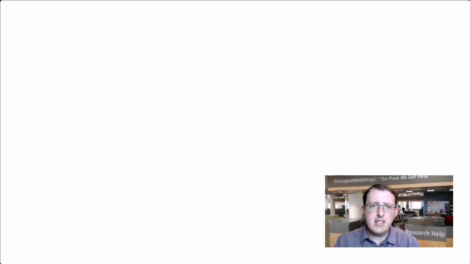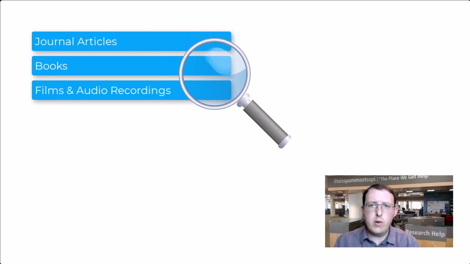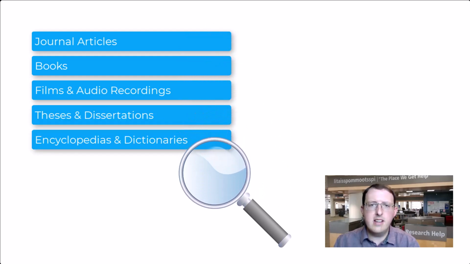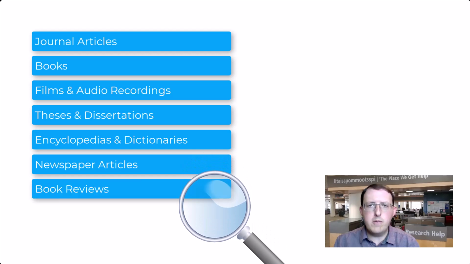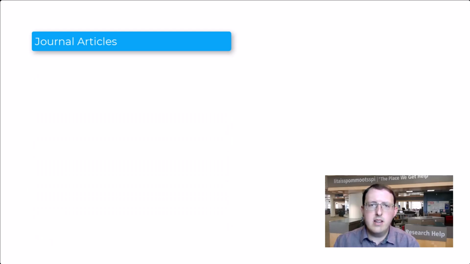We have databases that will help you find journal articles, books, films, audio recordings, theses and dissertations, encyclopedias and dictionaries, newspaper articles, book reviews, and statistical data. Some provide access to multiple kinds of sources, but many include only one type. Among those that you can use to find journal articles, most focus on particular subject areas. So a database that's great for finding articles related to neuroscience may be of little use in your history course,